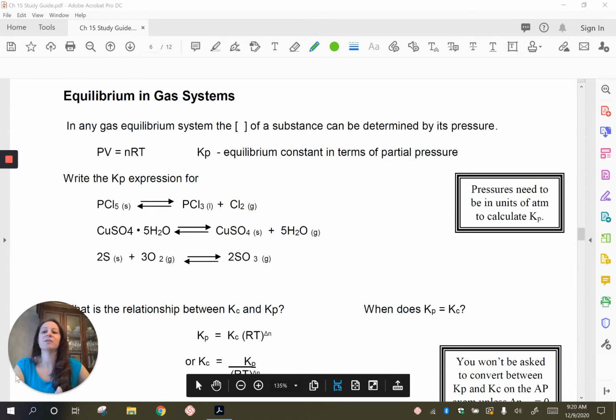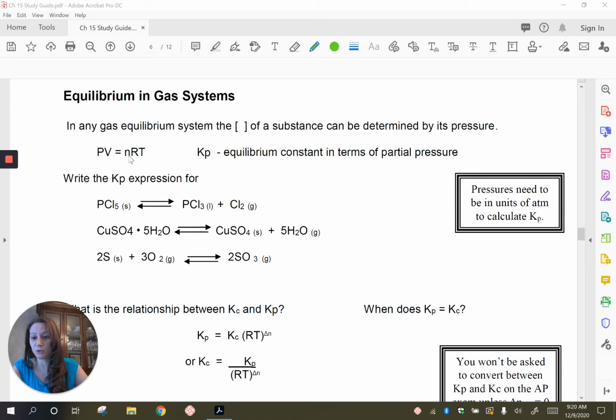We've spent a whole chapter on gases, and we looked at how pressure is related to the number of moles of that gas. And we looked at reactions where we can link from one substance to another using moles, of course. But we also linked from one substance to another using partial pressures if they were gases. So just like we can express the equilibrium constant in terms of concentrations, we can express it in terms of pressures